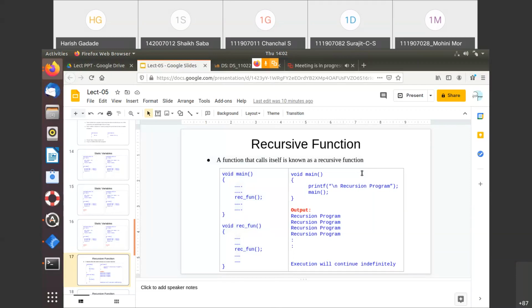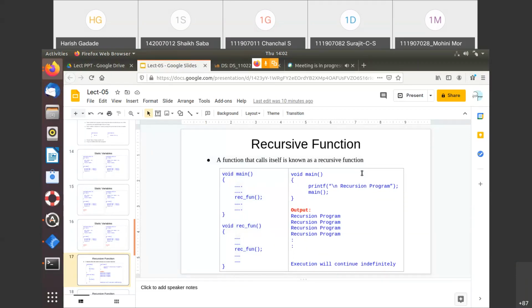Now see here, one more point you just keep in your mind. Whenever someone asks you about the recursive function, in this case it uses the system stack. Actually, you don't have, I think, any idea about this stack, but whenever we come to that point, I'll tell you what this stack is.